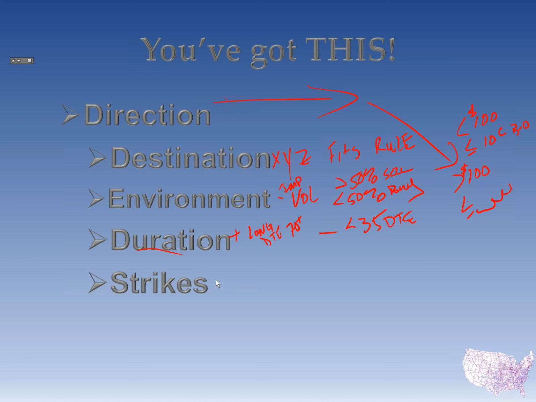All right. Strikes, we've got this. We're looking at the 36 delta short put. And then we know we've got the same strike in the further duration one. 36 delta, won't that mean the probability is 36% of being in the money? Yes, but that's a 64% probability of being out of the money, right? Yes, there's a 36 delta, meaning there's a 36% probability of being in the money, but it's also a 64% probability of being out of the money, meaning I have a better probability of being out of the money with my short strike. Now, keep in mind, I've got that long put that's making money on the downside, right?